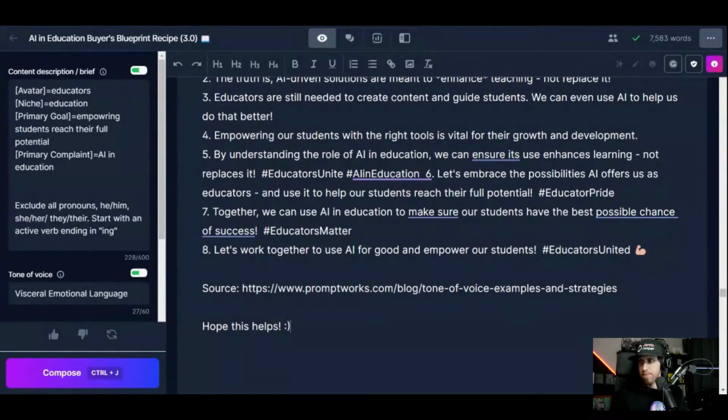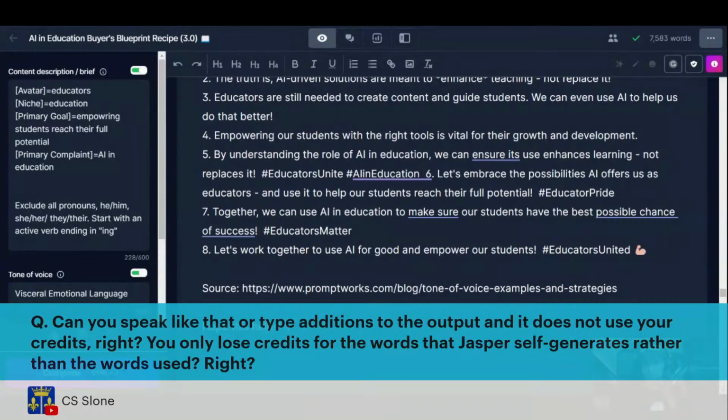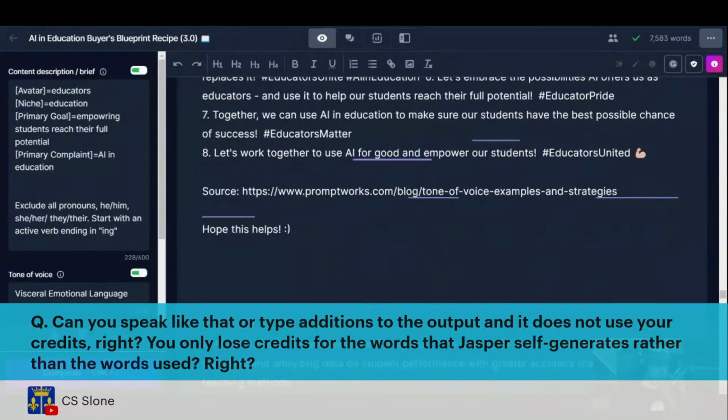I see a question in the chat. Let me know if this is what you're asking or not. The question being, can you speak like I was doing with the dictation, or type additional outputs? It's not using your credits. You're not losing credits on what you're typing into Jasper. You're not using credits on what you're pasting into Jasper. You use credits whenever you do things like command with Jasper. So command right here,